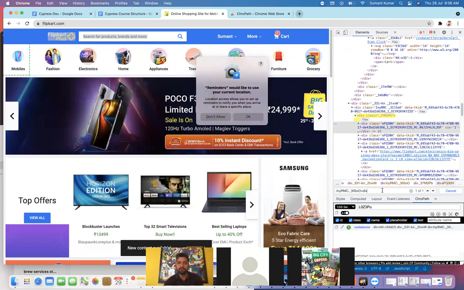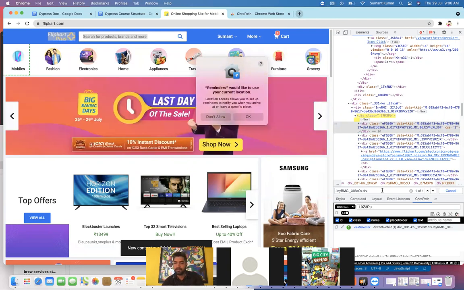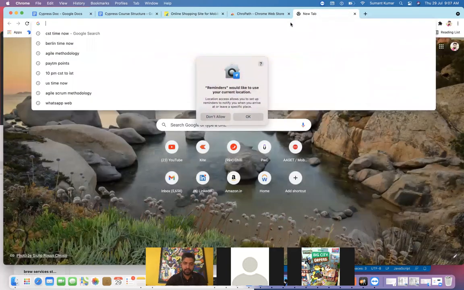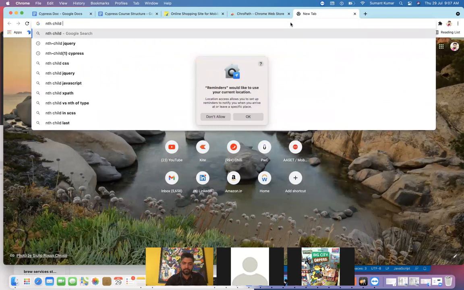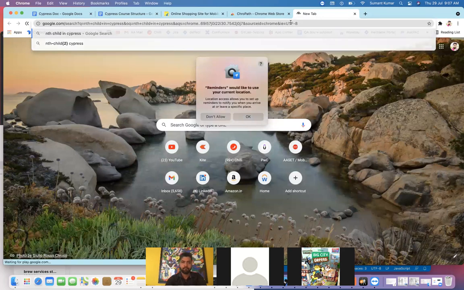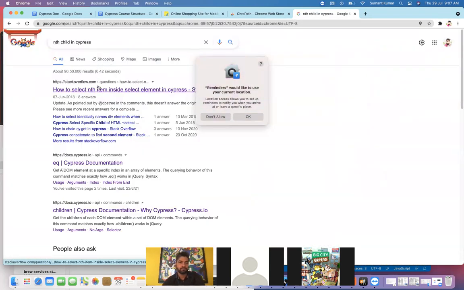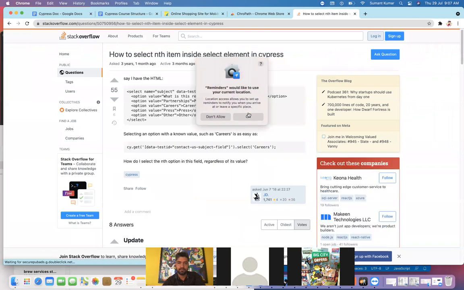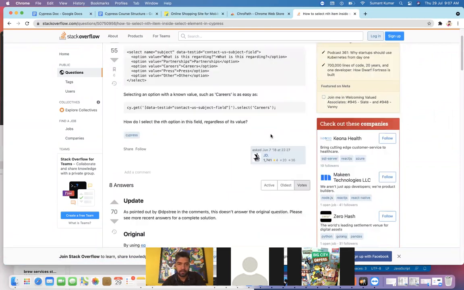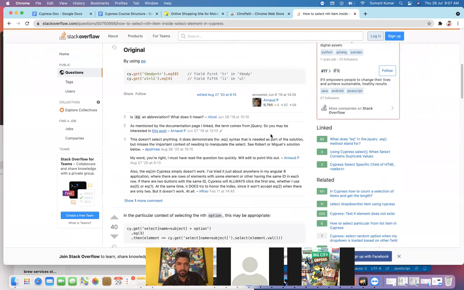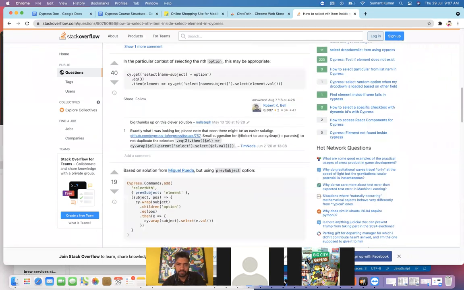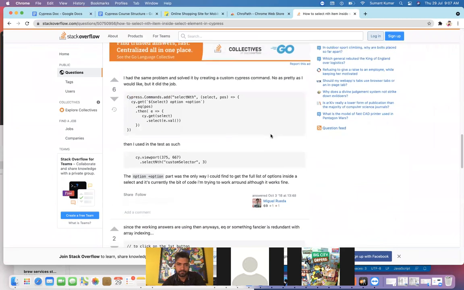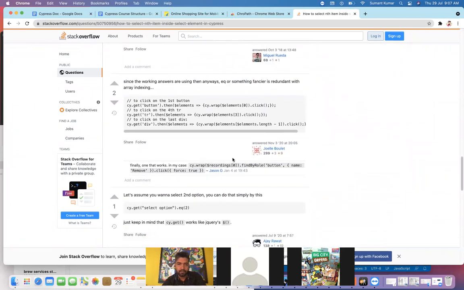Got it? Okay. Now we have one more concept called nth child. So nth child in Cypress. Let me see what is the concept here. Nth child. Where is that? Okay, I will tell you about this one also. Force equal to true. Let me copy this.